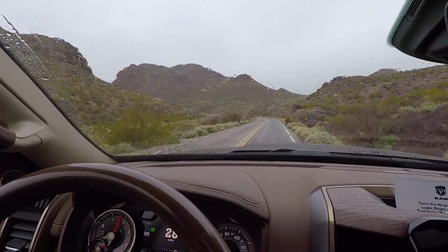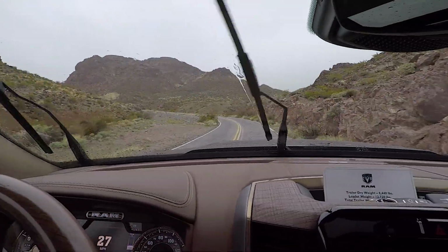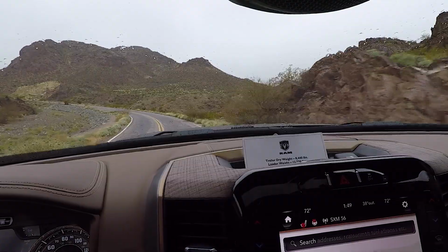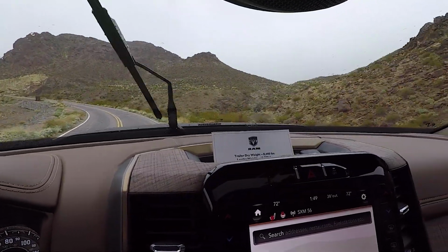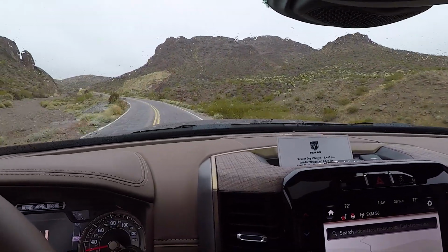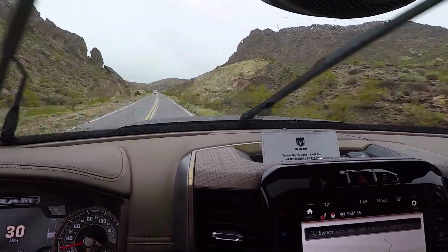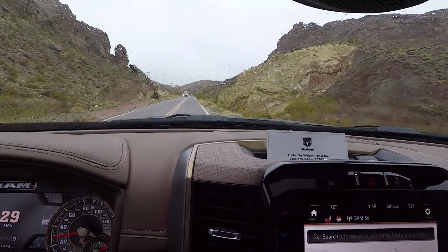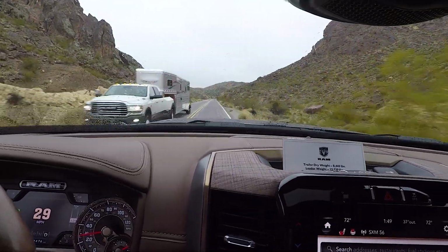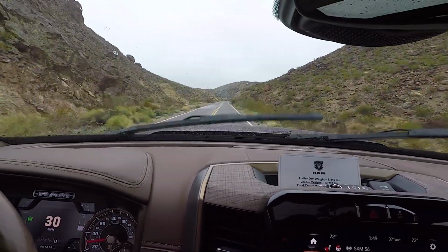A little bit of information about this truck on the window sticker. It is the Longhorn Crew Cab 4x4 with the high output turbo diesel. So we've got our 1,000 foot-pounds. Base price is $60,750, and onto that they've added things like the customer preferred package, which gives you trailer reverse guidance and things like that. The max tow package, that's the big one,